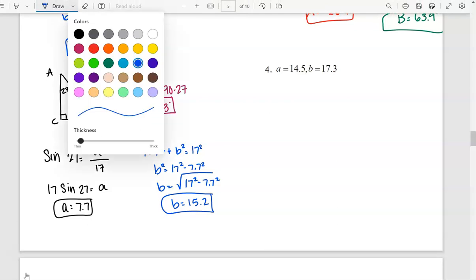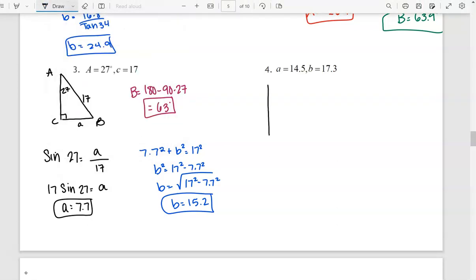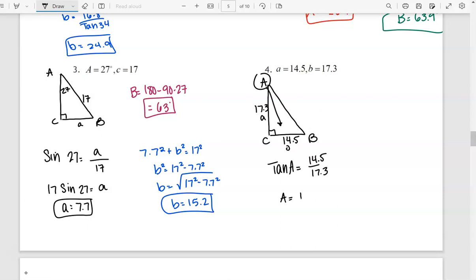So for our last one, again, drawing our right triangle, C is always our right angle there, A and B. Across from capital A is little a, across from B there is 17.3. So if we were trying to find angle A, we have the O and the A, which means we're going to use tangent A is equal to 14.5 over 17.3. So A is going to be equal to the inverse of tangent of 14.5 over 17.3